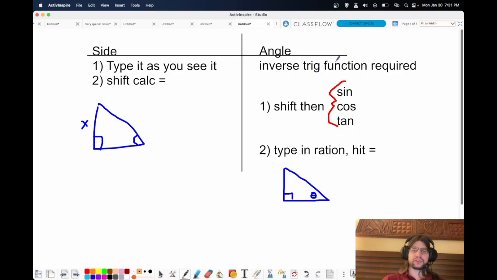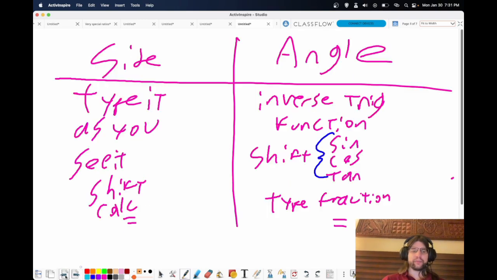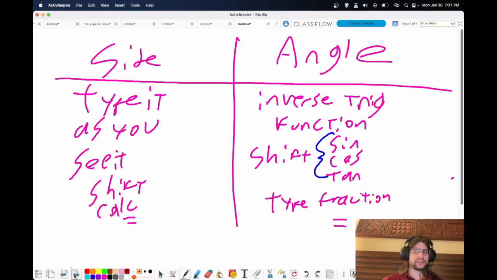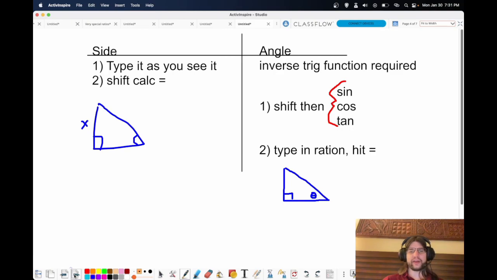To get those, we do shift, and then we type whichever trig function we need based on our ratios here. You've got to know this, no choice. I'd suggest at the start of every problem, just write this down. Say in your head, some old hippie caught another hippie tripping on acid. Write down SOHCAHTOA, until it's ingrained in your brain and you know it better than your math facts. And then you type your ratio, of course,